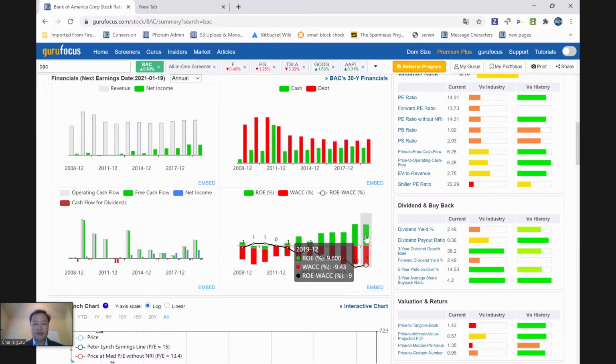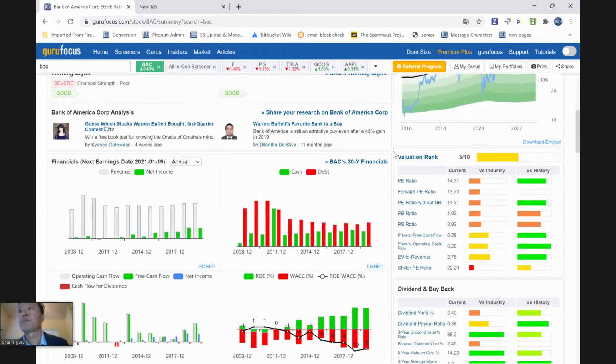Okay, that's the bank, and it seems like this line has some problems here. I would like the developer to know so we fix this problem. The bank should be ROE minus